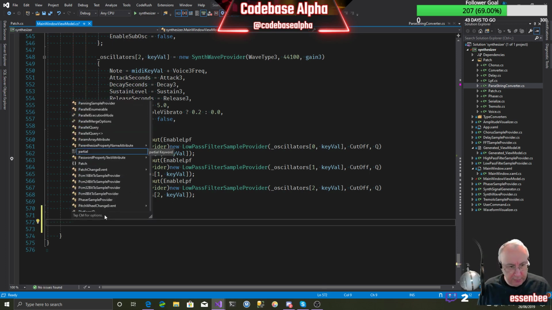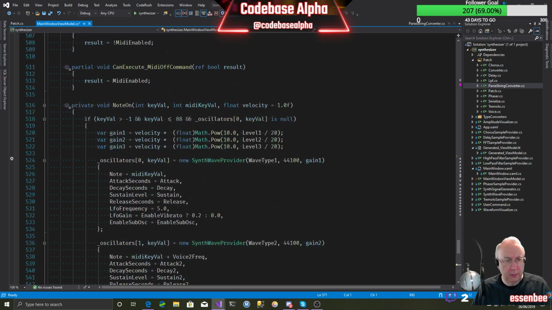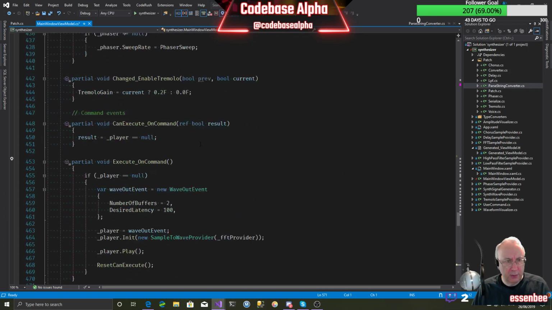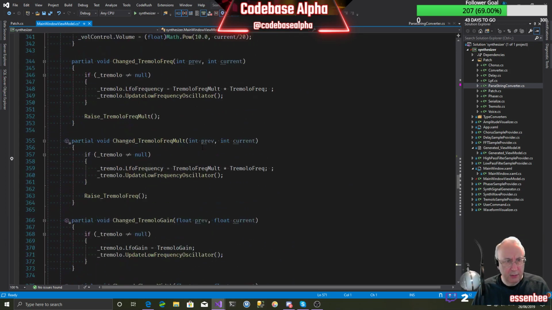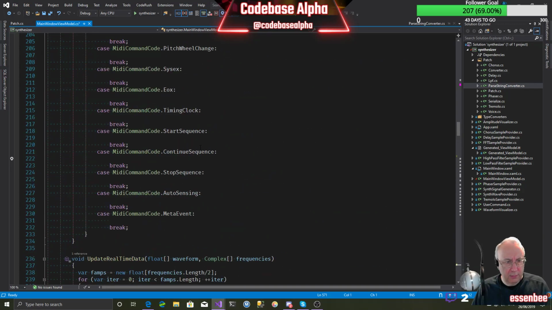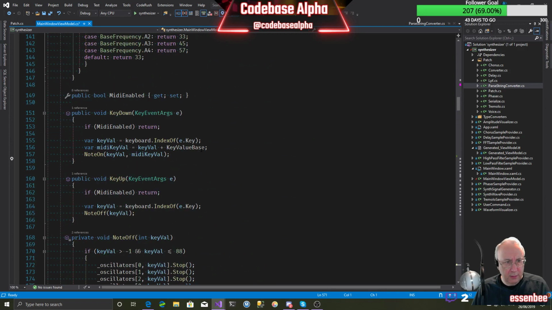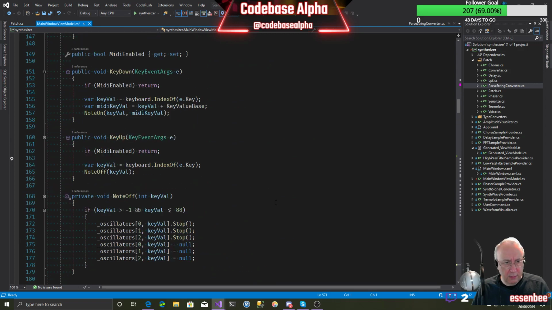It's got to be public, so let's move ourselves into the right location in this file. I like to keep my public methods close together. So let's go up here. This key